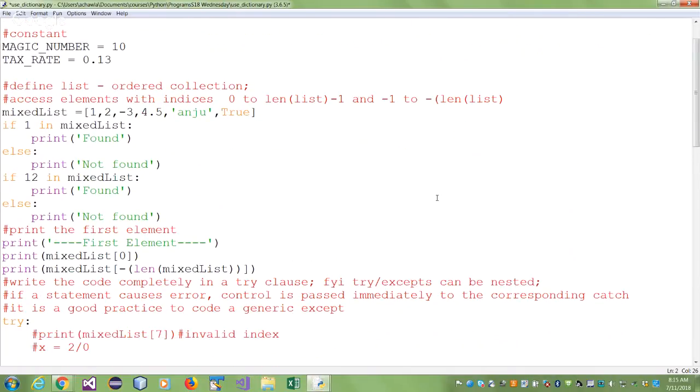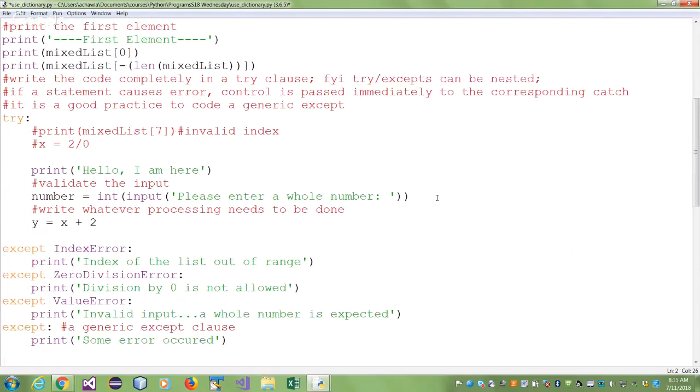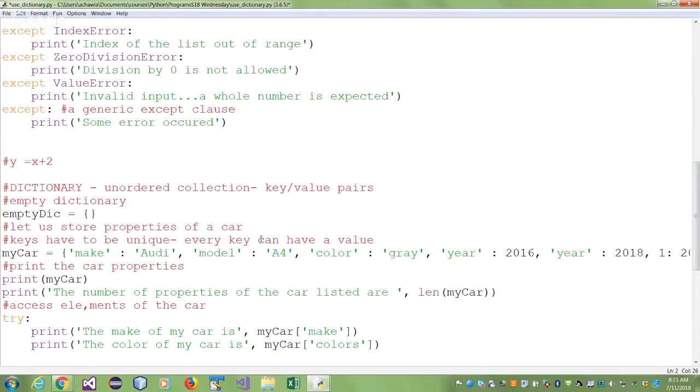So if we look at the pairs, here is a pair, comma, another pair, comma, another pair, comma, another pair. So whenever you want to save pairs of data, you will use a dictionary. How is it different from a list? A list is just a collection of items. There is no association in the pair. So as soon as I say pair, there is an association. The first part is called key and the second part is called value,